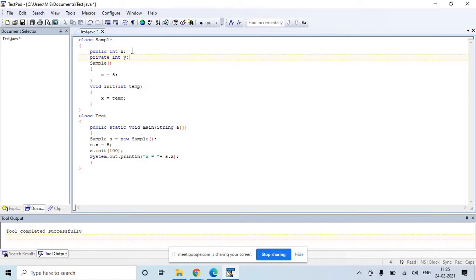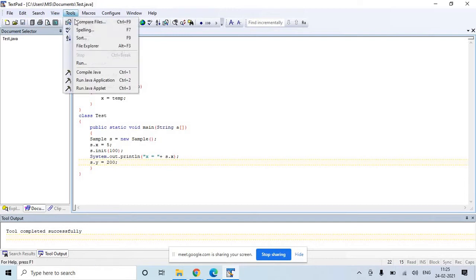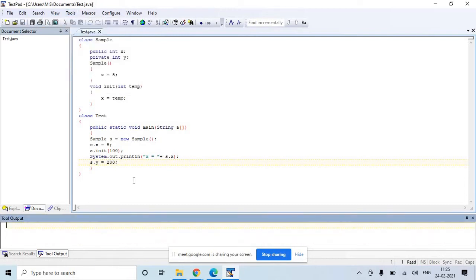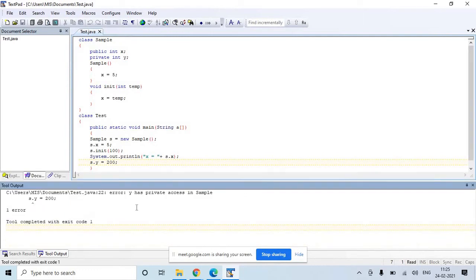If you want to initialize the value for y like this, s dot y is equal to 200, and you try to compile the program, you will get an error. The error is that y has private access in sample class. Integer y is private for the class sample, so you cannot access y here.